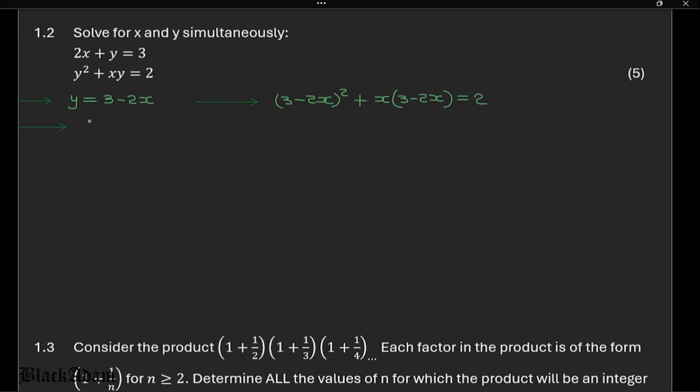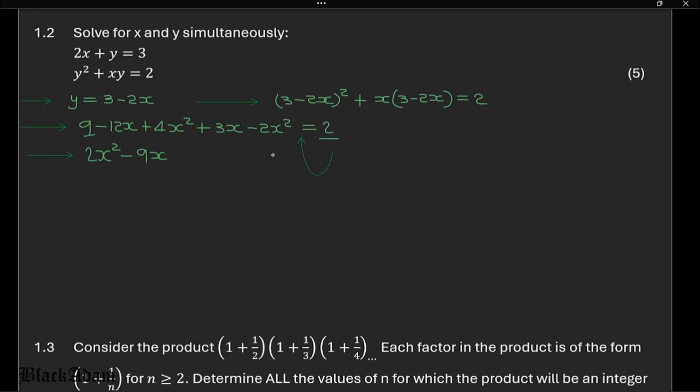and now what we have to do, we have to simplify. So that's going to be 3 times 3 is 9, and that of 3 times 6 times 2 is negative 12x, and then we have there it's going to be positive x squared. So 2 times 2 is 4, x times x is x squared, so x times 3 is 3x, x times negative 2x is negative 2x, all of squared, all of that is equals to 2. And then we add the like terms, we have 6, like terms just 4 minus 2 x squared, that's 2x squared, and then negative 12x plus 3x is going to be negative 9x, and then we have a constant 2,